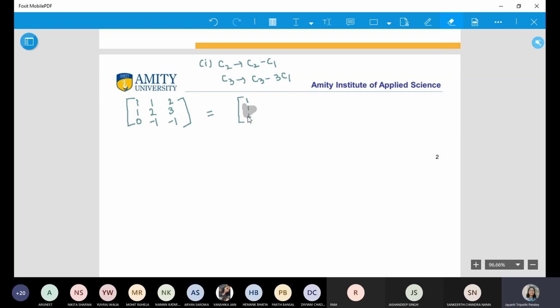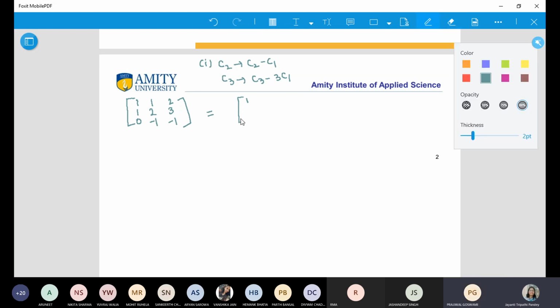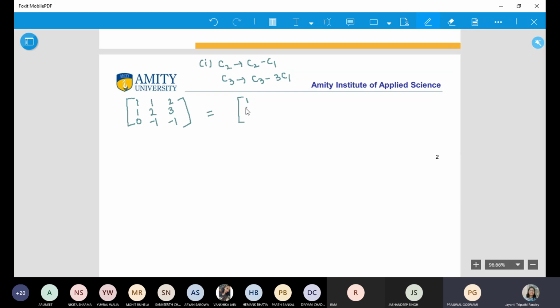Whenever we are doing column operation, we do it with the I matrix post factor, and when we do the row operation, we do it with the prefactor. Pre-factor, correct. In this question only, so that way we can find P and Q. This type of question where you have to find P and Q is specific. Keep that in mind. This is specific to this question.